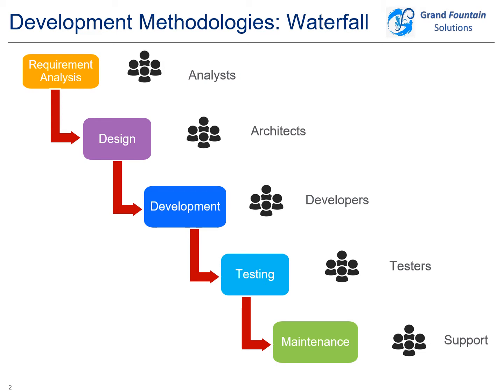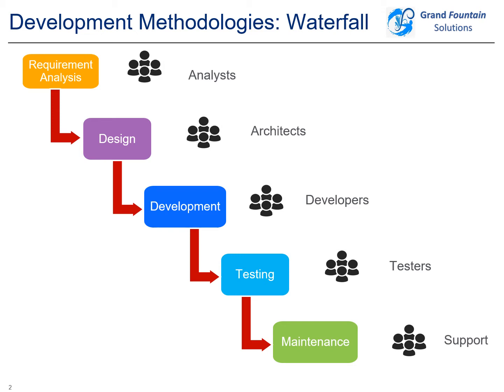And the teams who work in each of these phases are analysts, architects, developers, testers, and support engineers. In the first phase, we have the requirement gathering and analysis. The business analysts will work with the users of the software and identify the needs and wants for the product. Then they will use that to come up with the system and software requirements. And once this phase is complete, there is a BRD, a business requirements document, or commonly called the scope document,